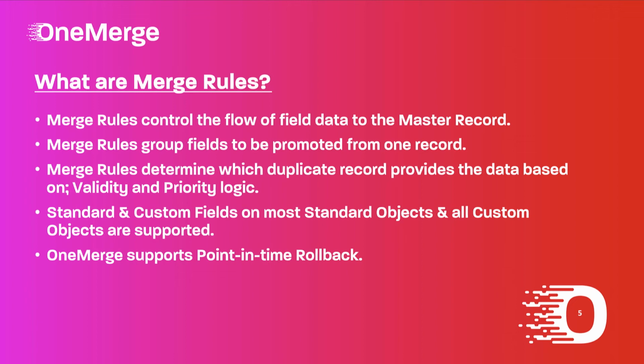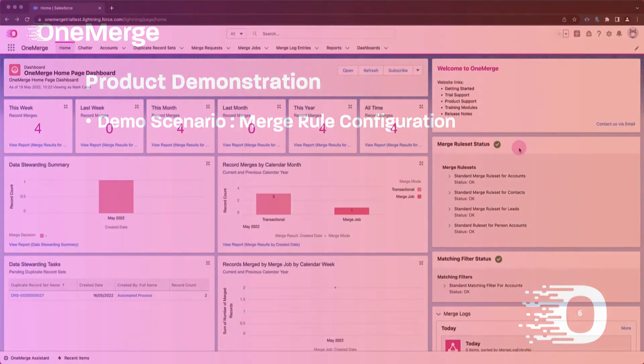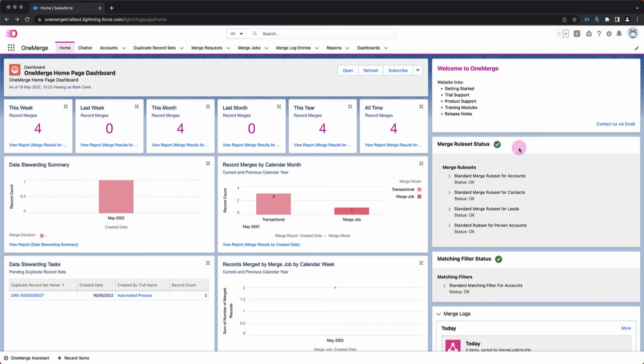I'll now move on and provide a demonstration of the configuration of a merge rule within OneMerge. The current merge rule configuration is displayed in the merge rule status panel on the Home tab within the OneMerge application. This panel provides convenient access to the full configuration of the merge rules across all Salesforce objects that are